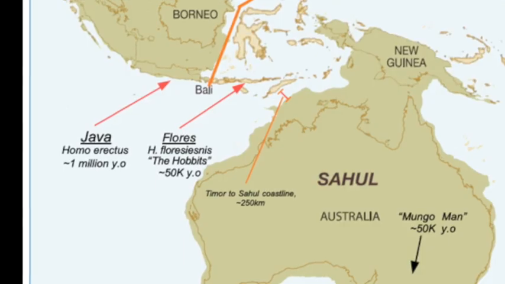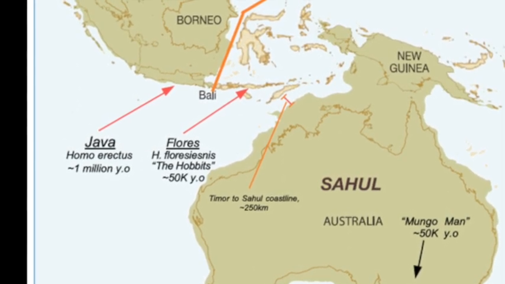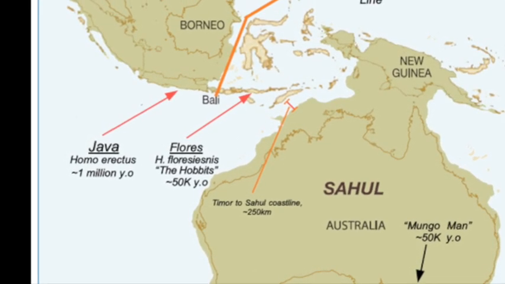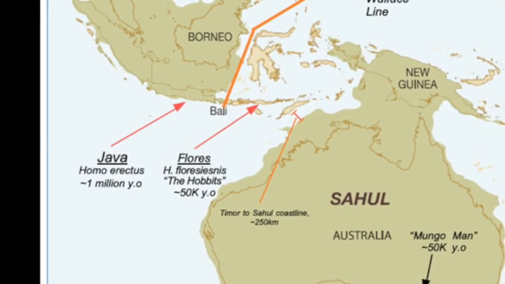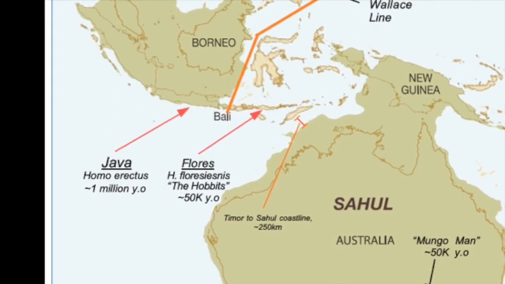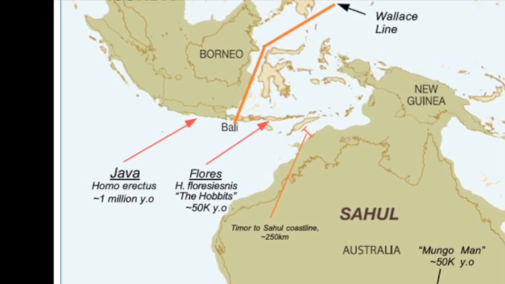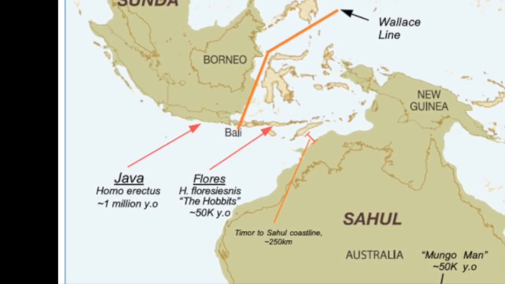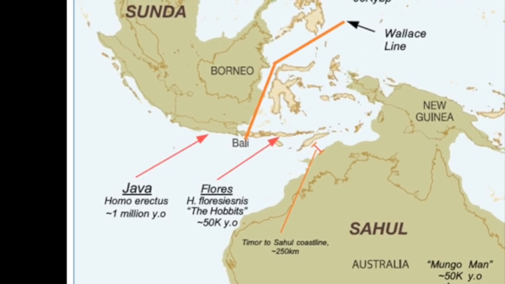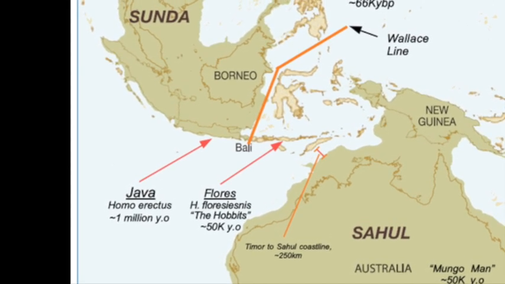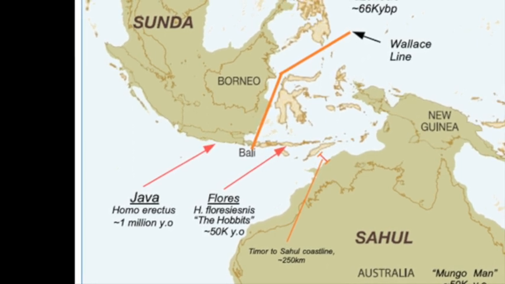This is the Wallace Line. It's hard to see, but that little strait there between Java and Bali has never been connected. But you've got on this side Homo erectus 1 million years ago. And then on the Sunda side, you've got Homo erectus 1 million years ago. And then you've got Homo floresiensis over here dated to at least 50,000 years ago. And then you've got the division between Timor and Australia, or the Sahul coast back then, which was only 250